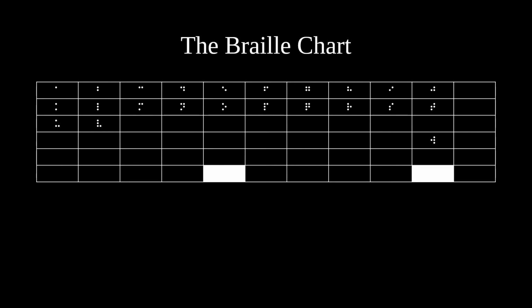The letter W is 2 rows down from the letter T. The reason that the letter W is out of place is that Louis Braille, the inventor of the Braille system, was French. And when he invented the original Braille system, the French language didn't use the letter W. We return to the 3rd row from the top with the last 3 letters of the alphabet, X, Y, Z. Now the Braille chart has 26 out of 64 cells filled in.